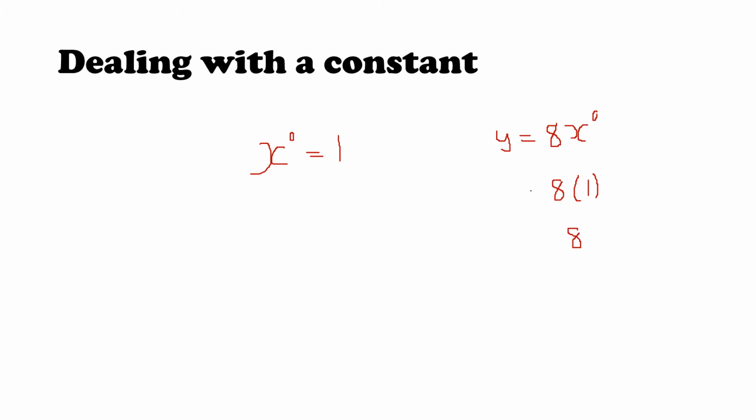But understanding why this is important when performing calculus is simple, because understanding this here will help us to appreciate more why we get 0 when we differentiate a constant. And the knowledge is simple. If we refer to the 8, instead of just 8, as 8x to the power of 0, and we apply the power rule, we will see that the 0 goes in front, and that will leave us with 8 times